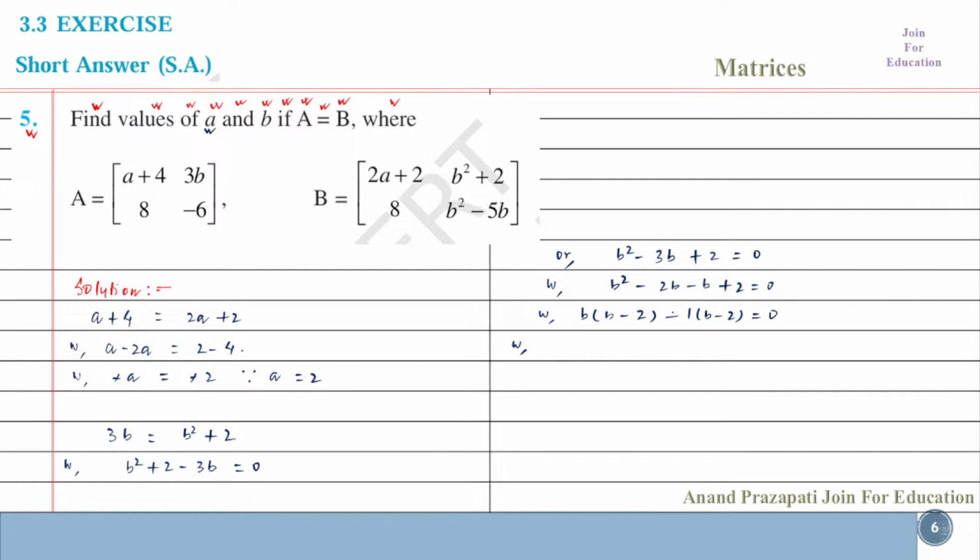Now we take B minus 2 common, then we get here B minus 1 equal to 0. Therefore B minus 2 equal to 0, or B minus 1 equal to 0. Therefore B equal to 2, or B equal to 1. Therefore required answer